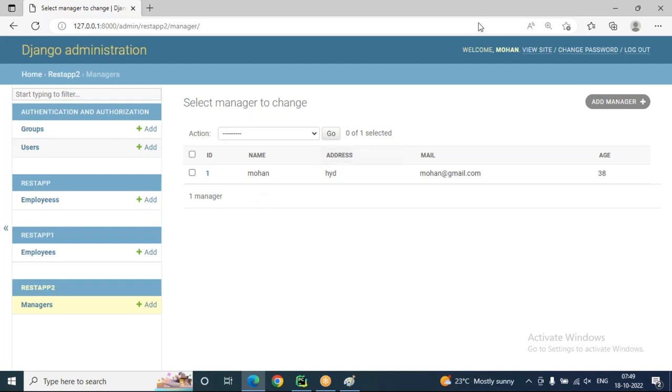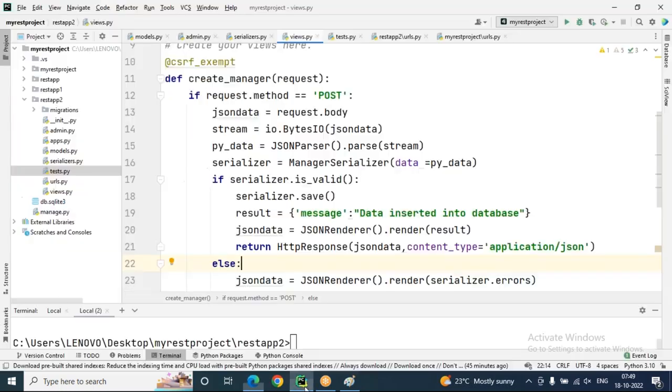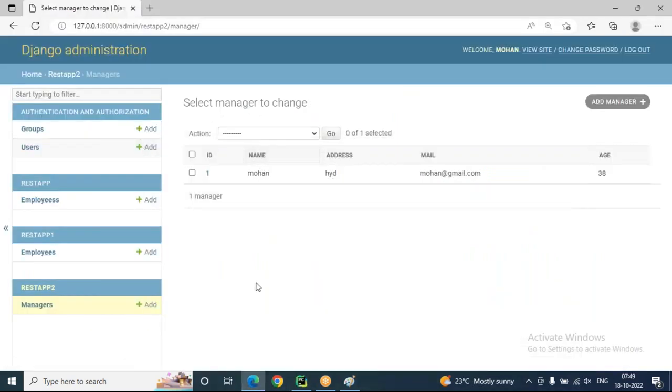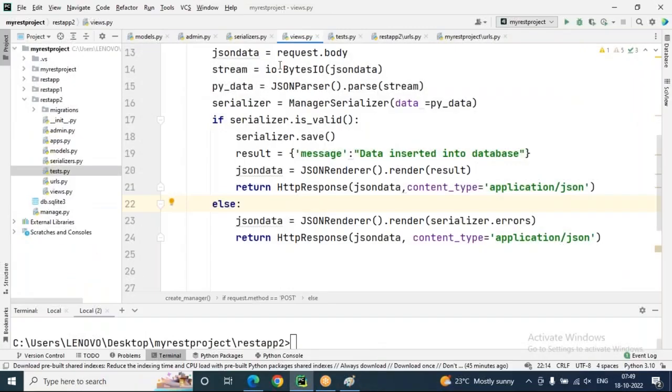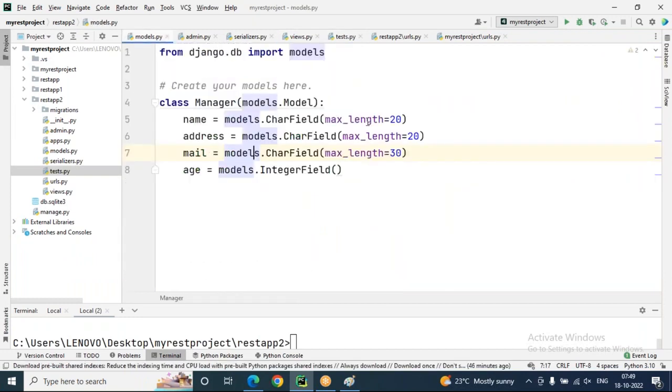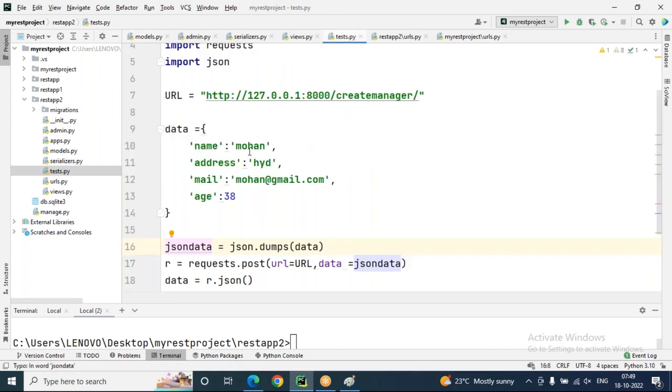Okay, so now, when will the error come? If JSON dot errors, here you can see the else part. If the method serializer dot is valid is not correct, if something is wrong, then the else part will execute. In the else part also, serializer dot errors message will come. So when errors message will come in the sense, whenever you make a mistake in the test.py. Suppose in the model case, max length of name is 20 characters only. If I try to give a name like this, okay, Durga Soft